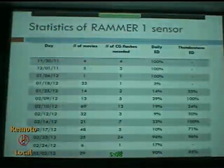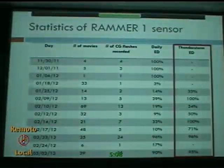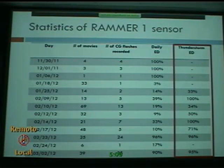So I did another way to calculate the detection efficiency, in this table. I used only the videos from the first video that had one lightning flash recorded, compared to all the other videos inside. I mean, I just did this estimation for the period where the thunderstorm was in front of the field of view of the cameras. So this is an improved result. Some of them are still a low detection efficiency, but